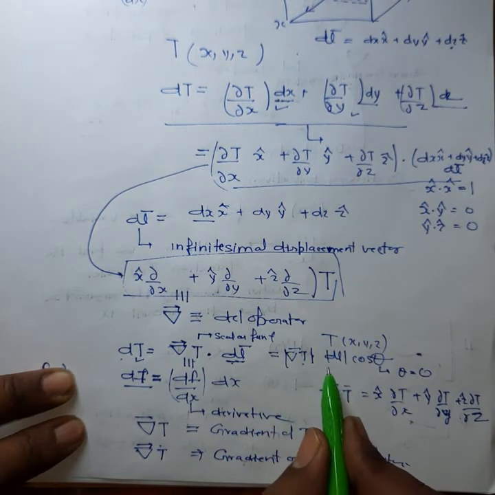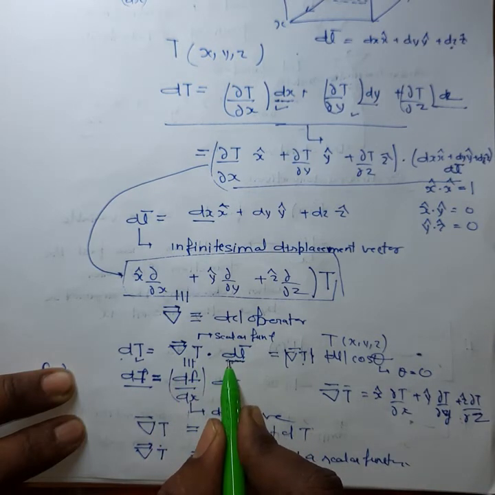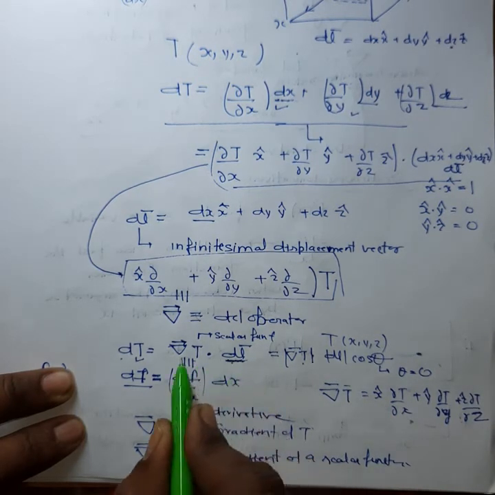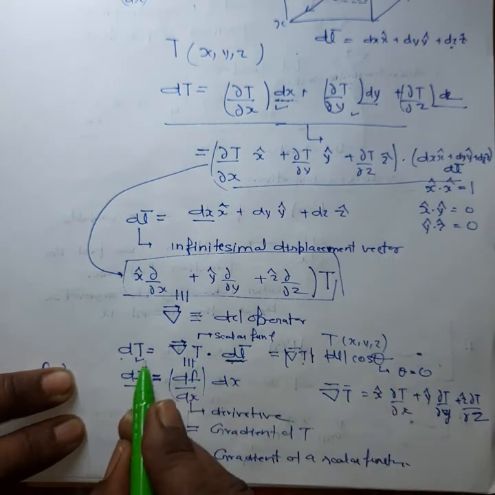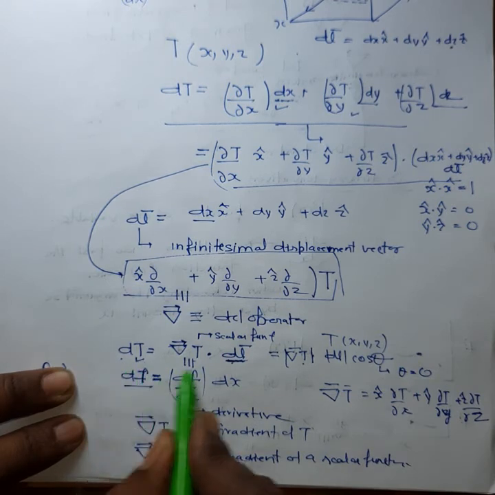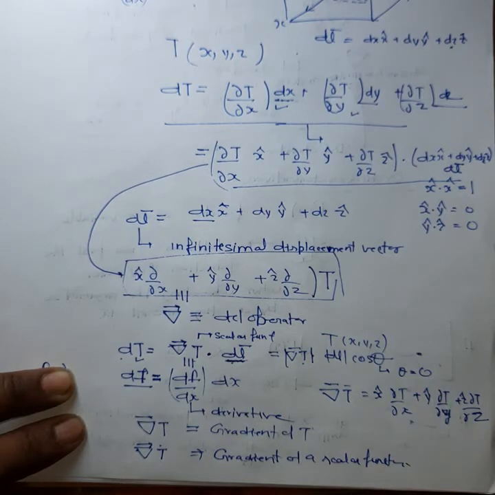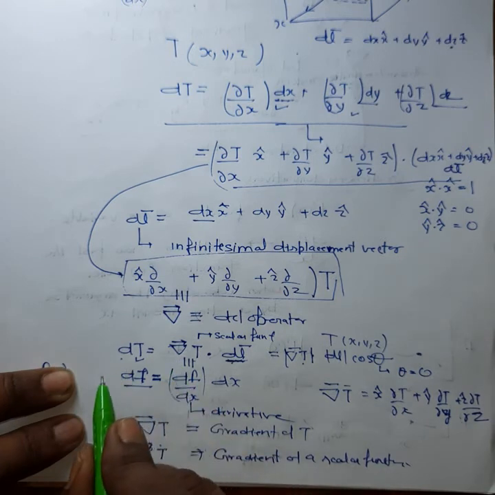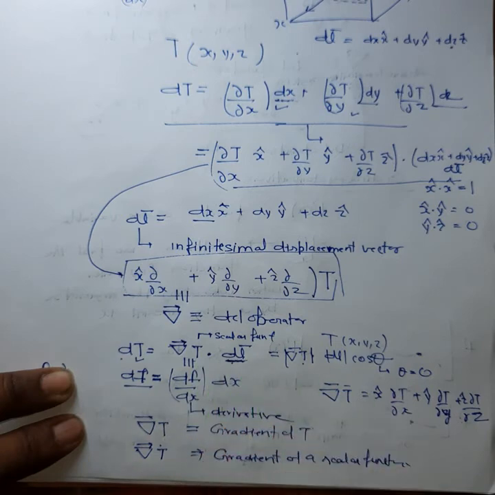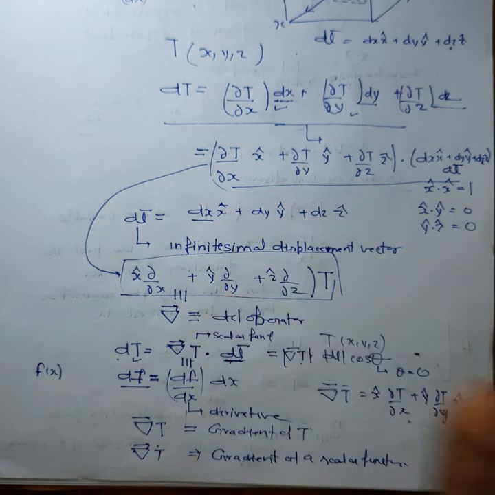So when you move in the same direction as this dl, the displacement, so when you displace in the same direction as the gradient of T, then the change in T will be maximum, because in that one case only theta is equal to 0. Therefore we can say that the gradient of T points in the direction of maximum increase of the function T. So this is all about how the gradient is defined.